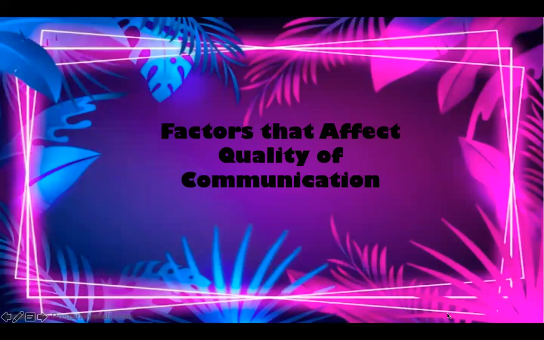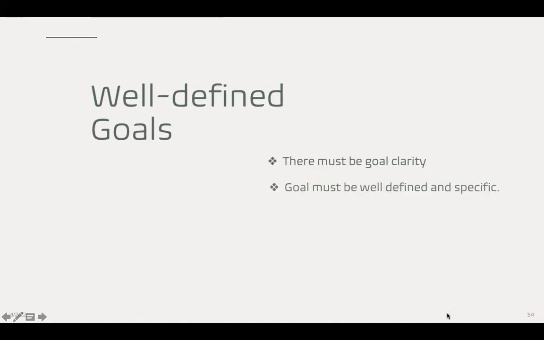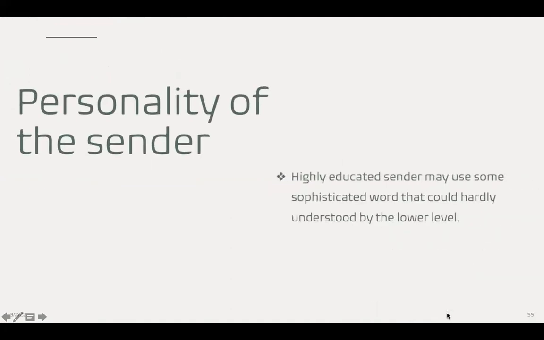My last topic is all about factors that affect quality of communication. First, we have well-defined goals. In order for the intended information to be fully understood, there must be goal clarity, or the goal must be well defined and specific. Next, we have personality of the sender. If the sender is highly educated, then he may use some sophisticated words that could be hardly understood in the lower level. If the sender received only informal education, then there is possibility that he may not use appropriate words